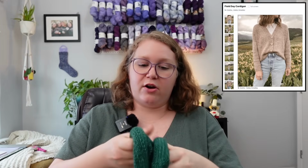First, I have a project that you've seen on the podcast. In fact, all of these, well, all of them except one, I think you'll have seen. I have the Field Day cardigan by Ozetta. This is for my husband. I've told you that I'm considering frogging it. Honestly, I think that I should frog it because my tension is different and I just want to start it